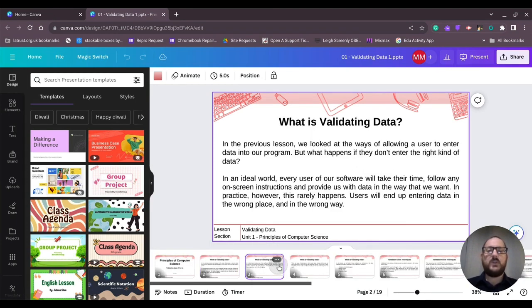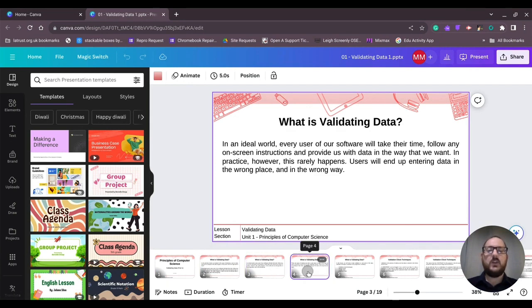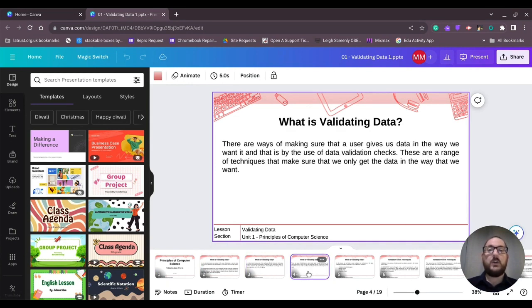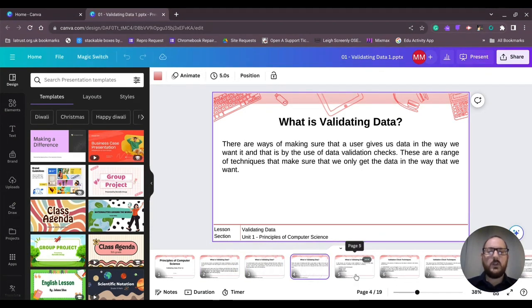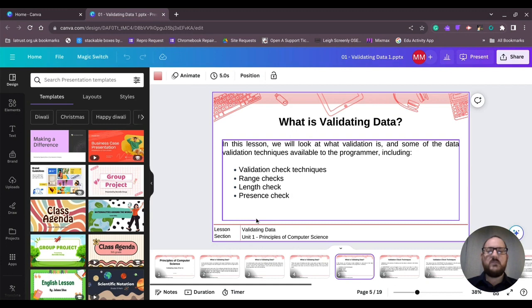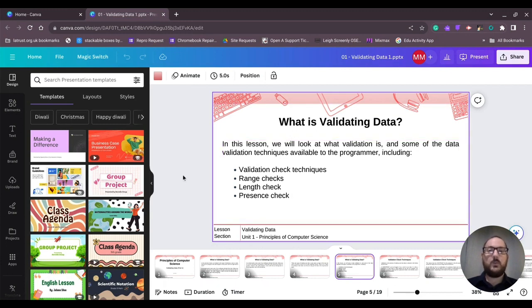Now let's pretend, for argument's sake, I've done this lesson and somebody was absent and I want them to get some of the content from this particular lesson. Now this lesson, as you can see here, is based on data validation and you can see it's quite wordy. But I'm going to cover these aspects here. Now I could say to the student to look through the entire presentation, but with Canva I have another option